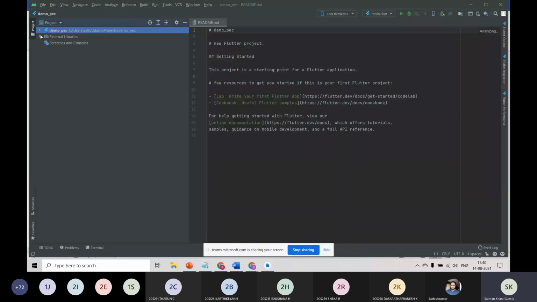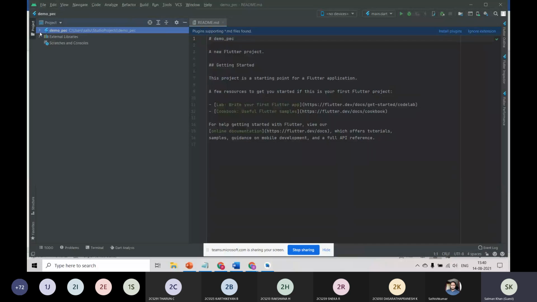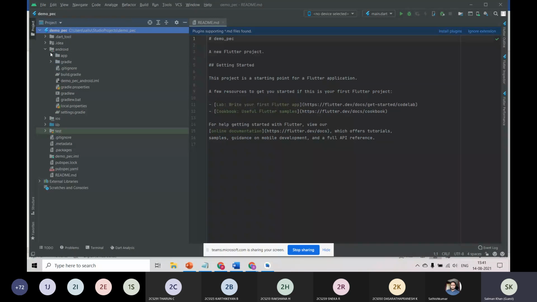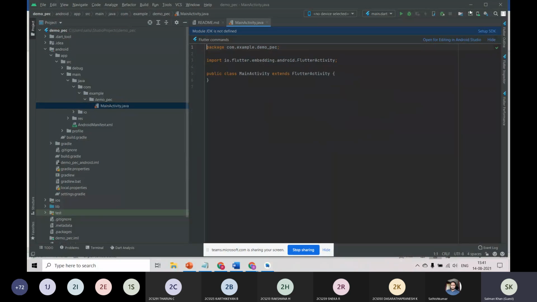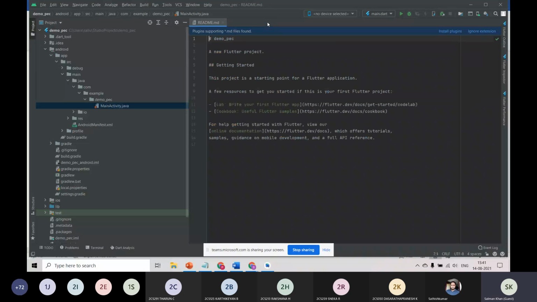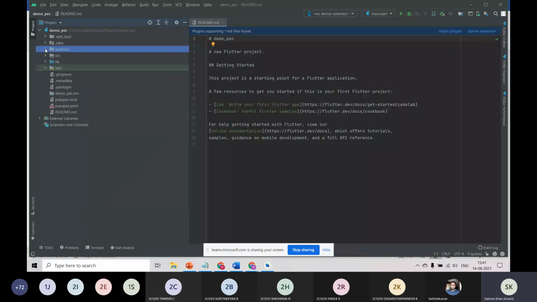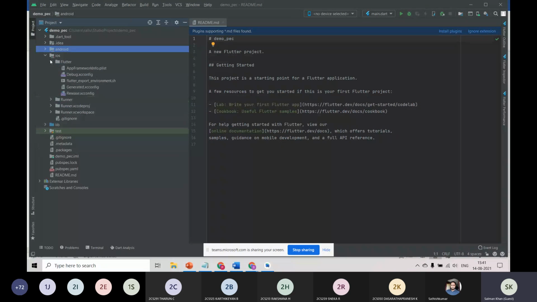As we saw in the PPT, the structure is similar to that. There we saw the Android folder, where we will see the native Java code, for example MainActivity.java. We don't need to set up the SDK for this, because Flutter automatically does everything. It just extends the Flutter activity, and it will make sure your code gets compiled here. Similar to Android, there is a folder called iOS where your code will be automatically compiled to the Swift language.